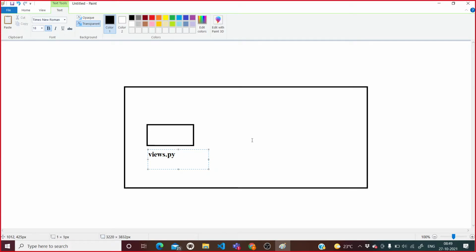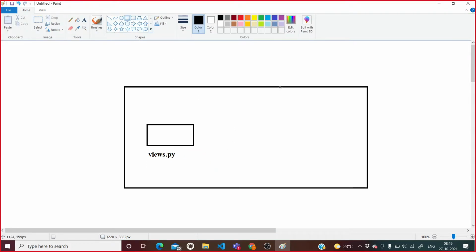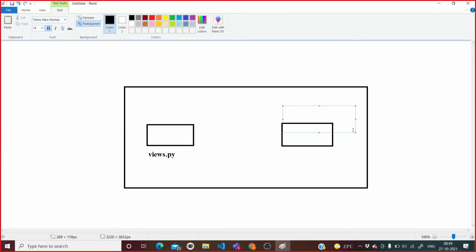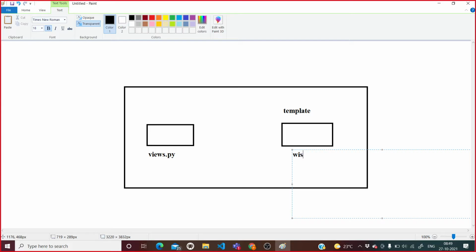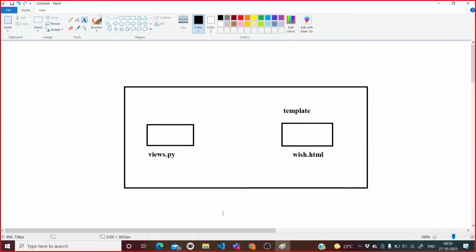Now there is a particular template, and it will be something called vis.html.